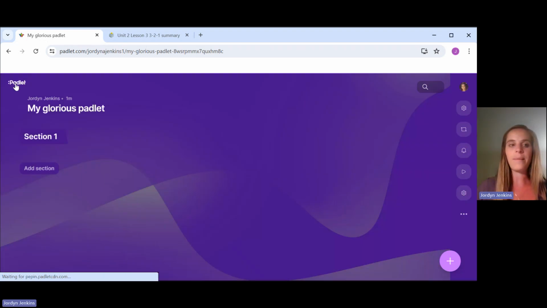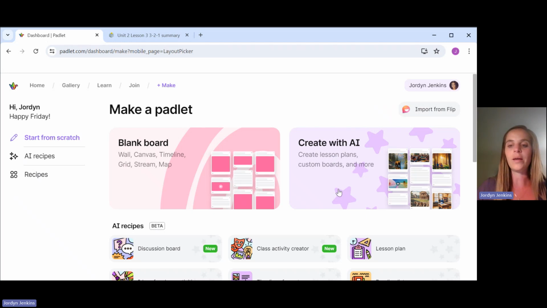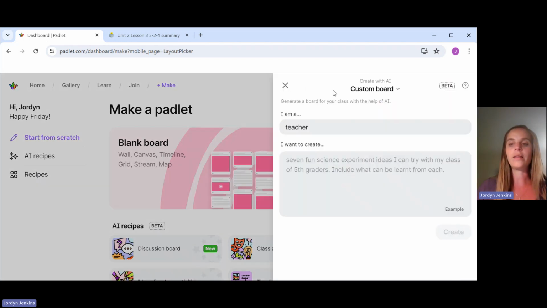Another cool feature that Padlet has is the ability to create with AI. I really like this feature because a lot of times we kind of get stuck in our ways, especially as veterans, and we need new ideas for how to make content come alive for our students. And we just need to think outside the box and come up with some options for differentiation and scaffolding for our students. So here you're going to put who you are, and I want to create